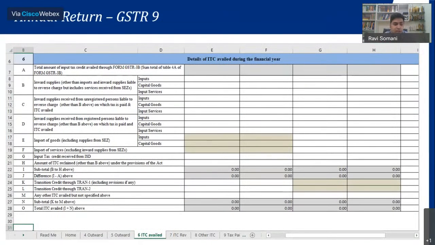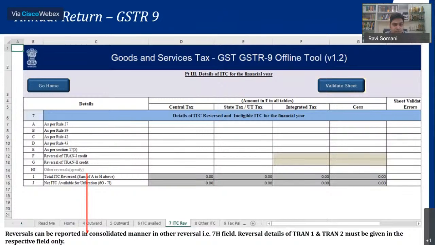So there's a lot of relaxation as far as the disclosure is concerned. Here also, you can simply disclose everything at once. Again, it depends on how you have disclosed details in GSTR 3B. You can directly disclose the net in the above table itself. You need not disclose here separately, unless you have some additional reversals coming and you want to show them separately. The choice is given to the